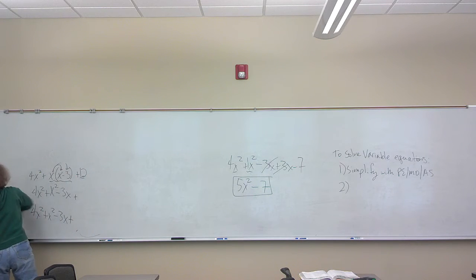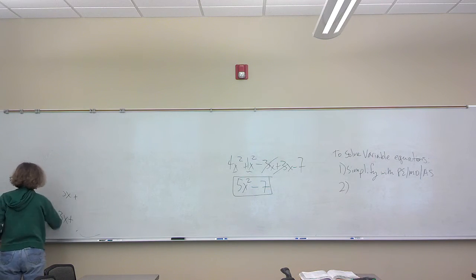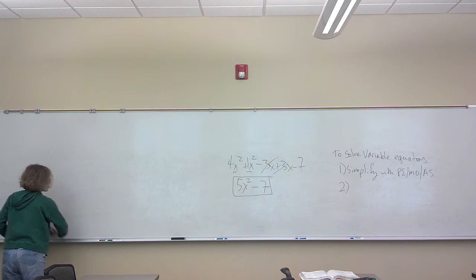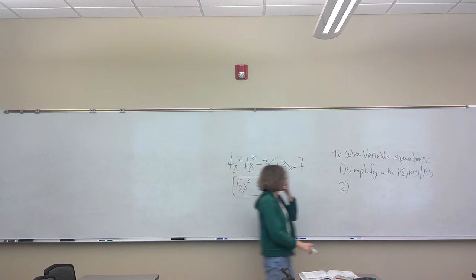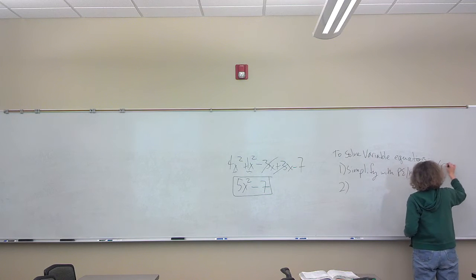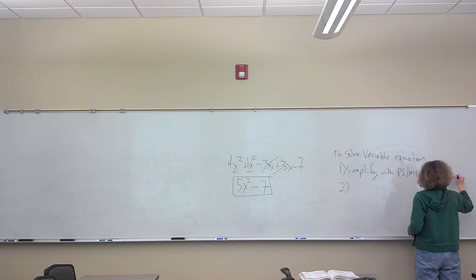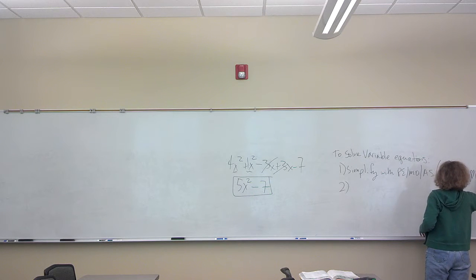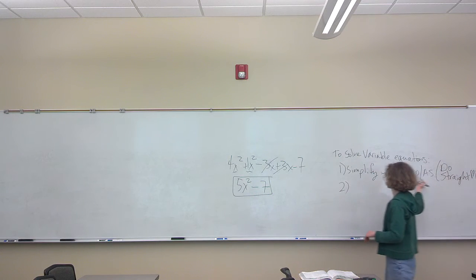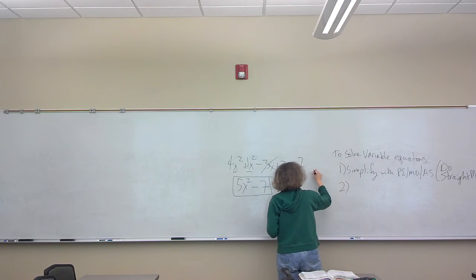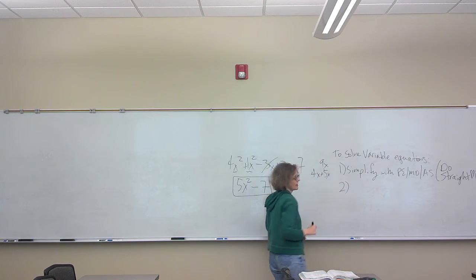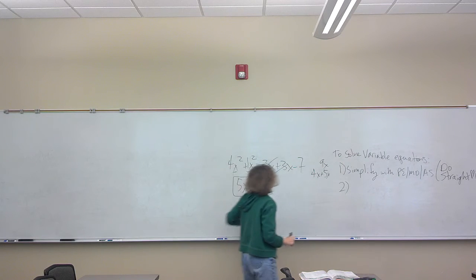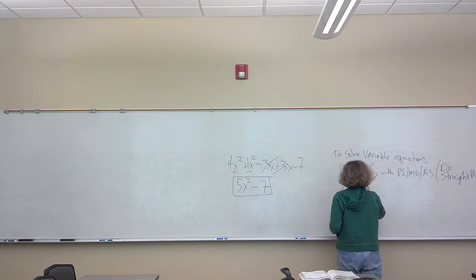And the second thing you do is move things across the equal sign. And this is one of the trickiest things to remember. When you're simplifying, just use straight math. If it says 4x plus 5x, that's 9x. When you get to the solving part,